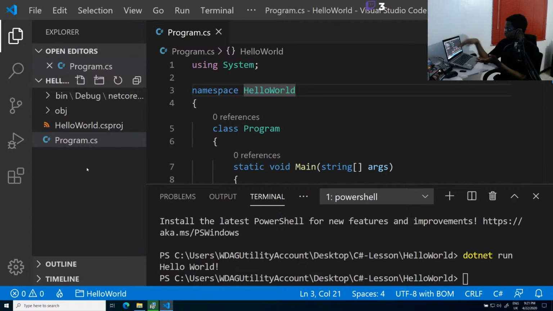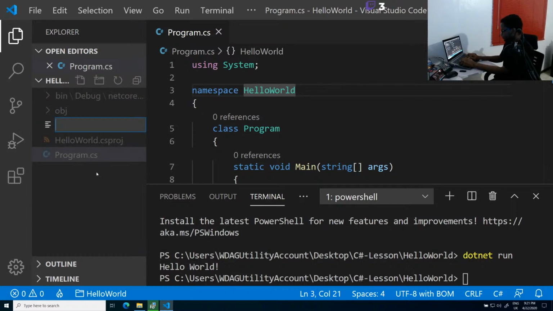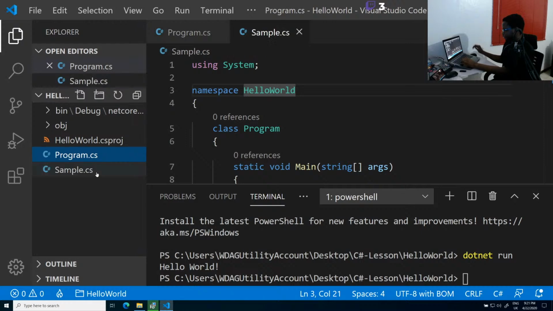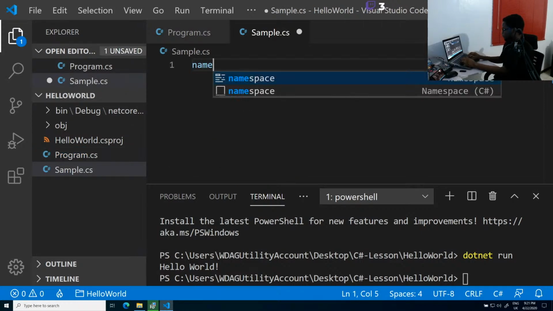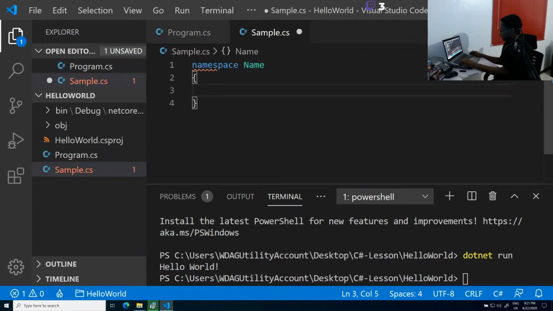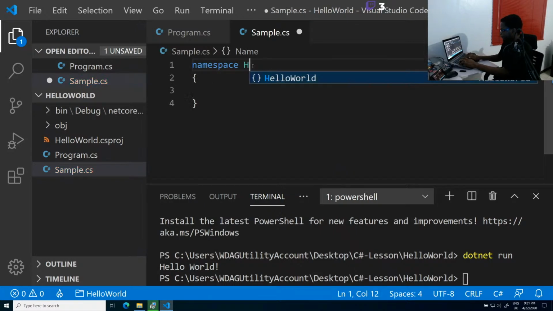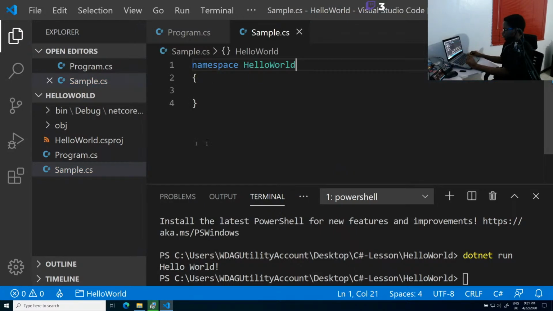When different C# files or application code belong to the same namespace, they can call each other directly without doing any sort of importation. For example, now this is a little bit beyond the scope for beginners, but let me just dwell a little bit more into it. So let's say I have sample.cs over here. I put it in the namespace of HelloWorld, and let's say I have a method called